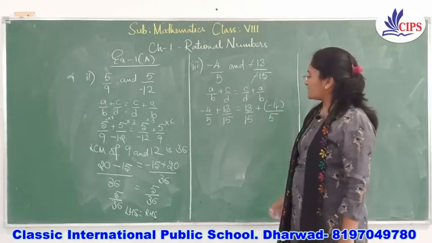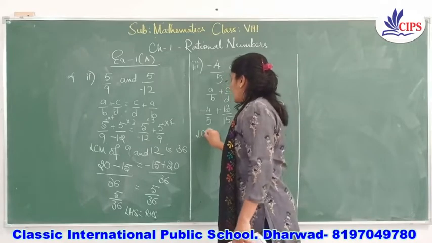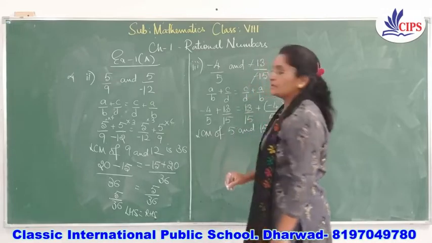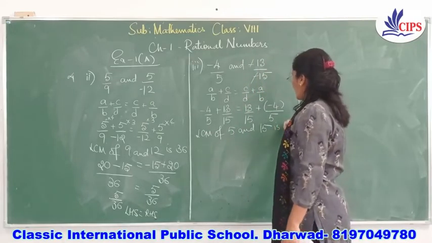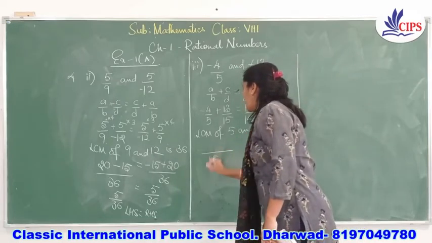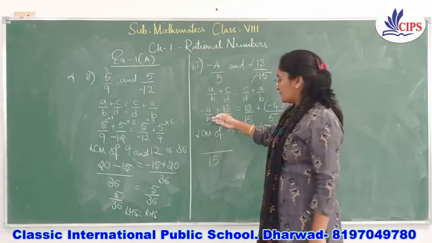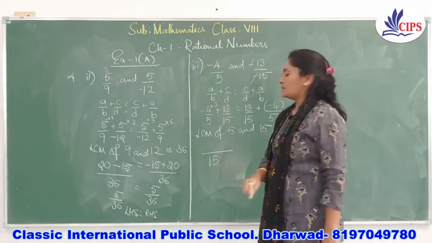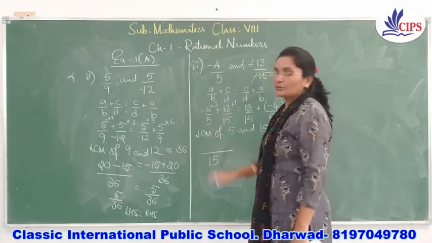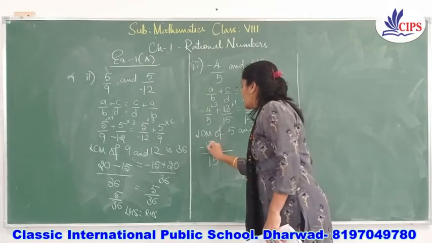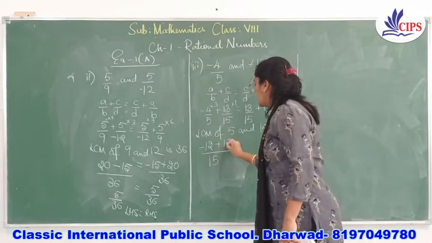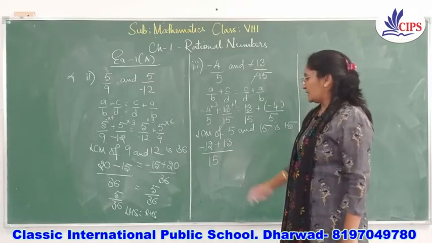Now can you tell me what's the LCM of 5 and 15? LCM of 5 and 15 is 15. Now we'll take 15 common for both the denominators. Here 5 what is 15? 5 3s are 15 and 15 1s is 15. So I'll multiply here minus 4 into 3. What is minus 4 into 3? We get minus 12 and here 13 1s is 13. I'll write here 13. I'll solve on the LHS first.